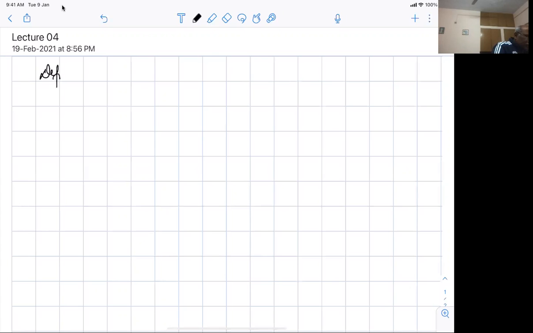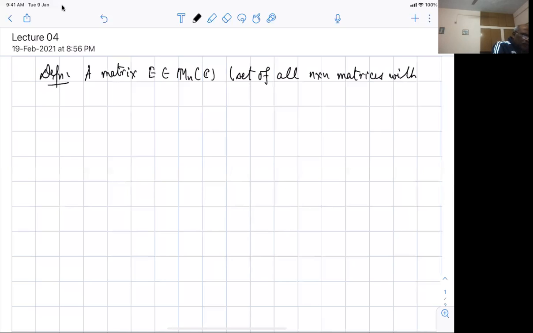So definition: a matrix E belonging to Mn of C or Mn of R, whatever you want to talk of. So it is the set of all n cross n matrices with complex entries, with complex numbers as entries. All right, is called an elementary matrix